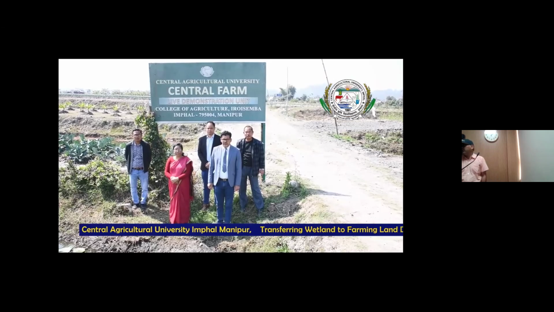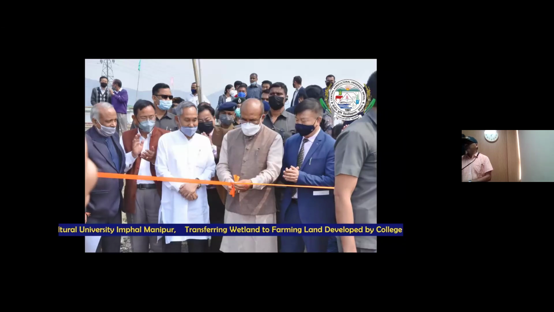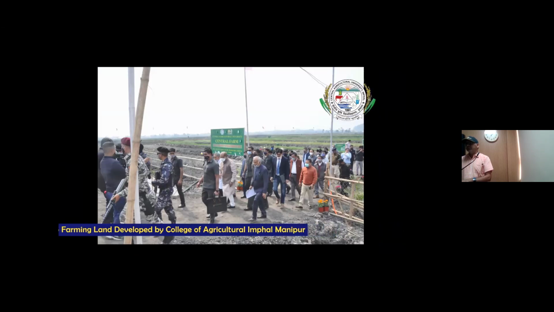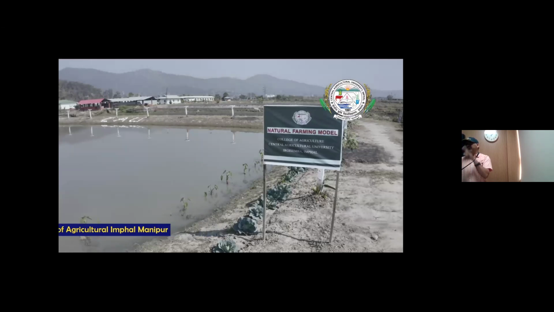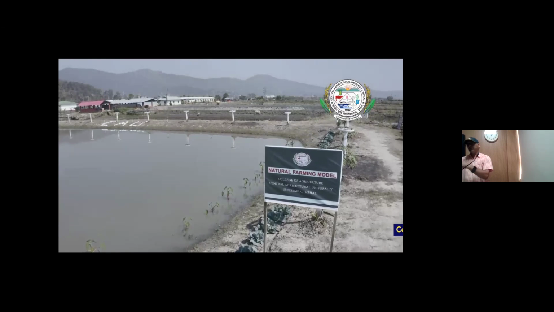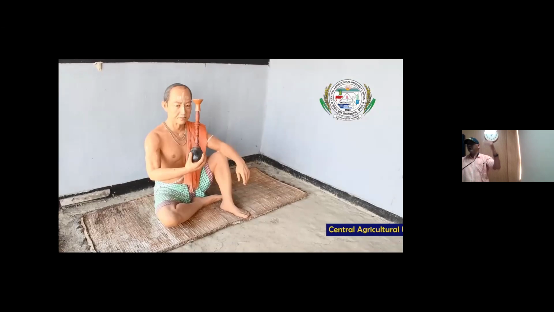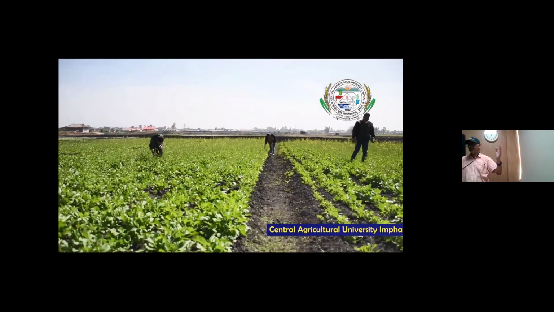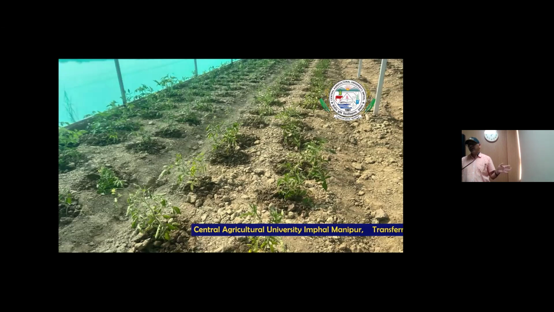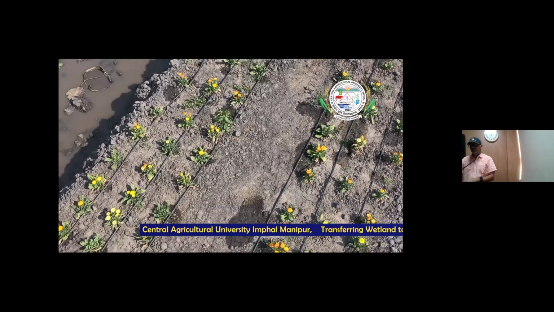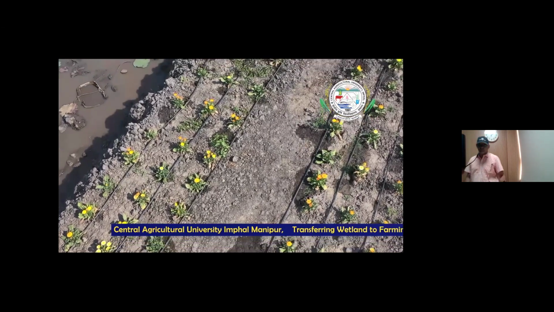Here the inaugural event of the farm was done by the Honorable Chief Minister of Manipur, Shri N. Biren Singh, during the Agri Fair held in January 2021. The main components here are integrated farming system unit, agro-ecotourism site, protected cultivation, demonstration fields, and a center of excellence for oil palm demonstration unit. Because the CAU area is totally wetland, there are natural farming models. Apiculture, agroforestry and fisheries we are also taking up. Honey we cannot produce here because in summer time we are sending migratory bees to Uttarakhand; in winter we can start, but in summer we can send them to another experimental place, from October to March, no problem.